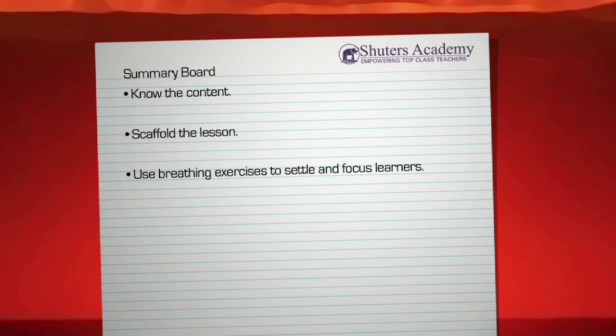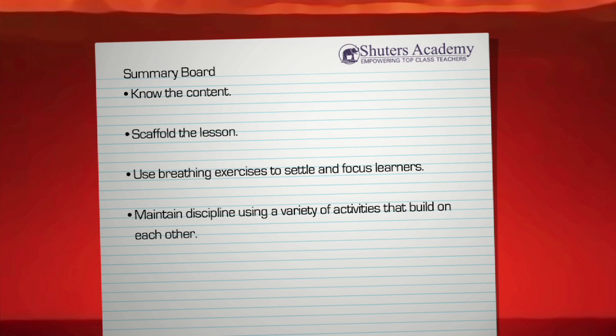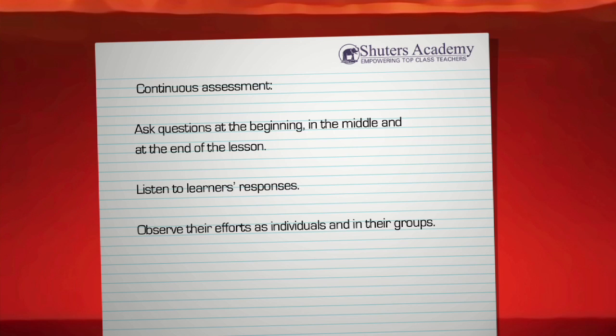Begin the lesson with breathing exercises, which will settle and focus learners. Include a variety of activities that build on each other to keep learners engaged. Include whole class and group work activities. Asking questions throughout the lesson is an efficient, time-saving and extremely valuable assessment tool. It provides insight into how learners are analyzing and synthesizing information.